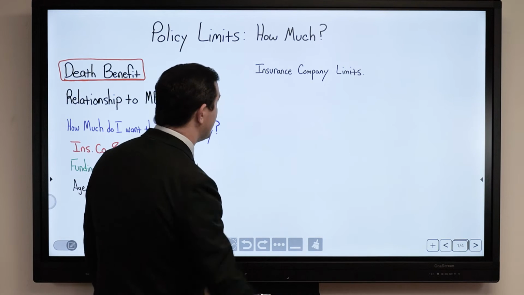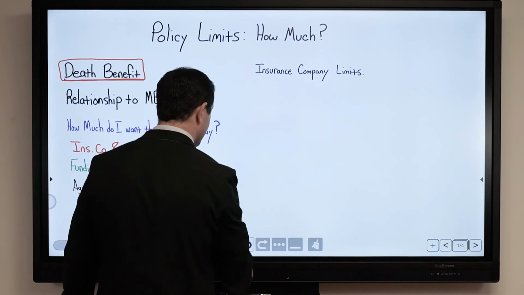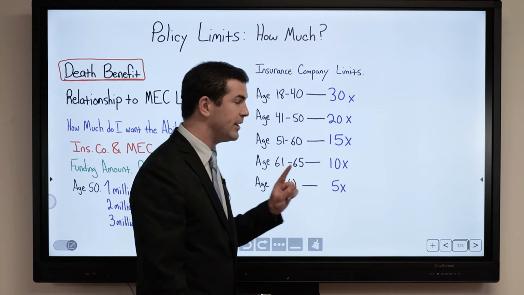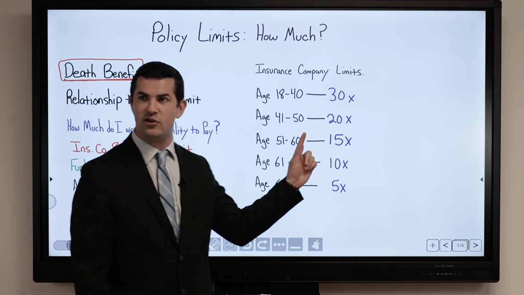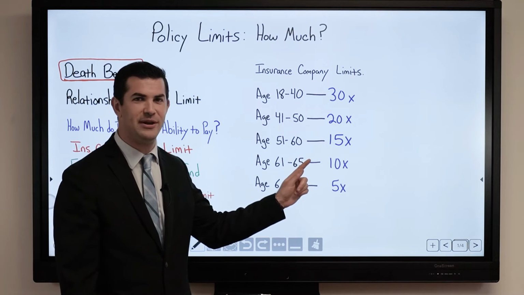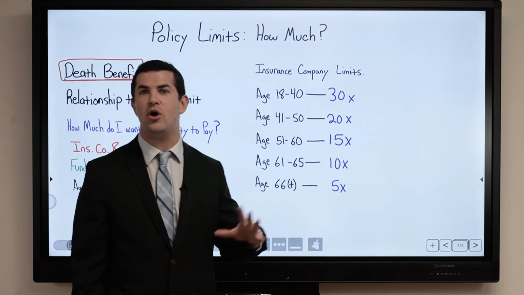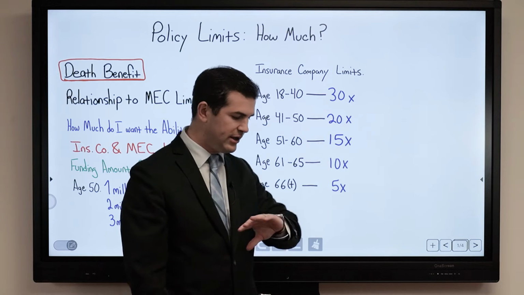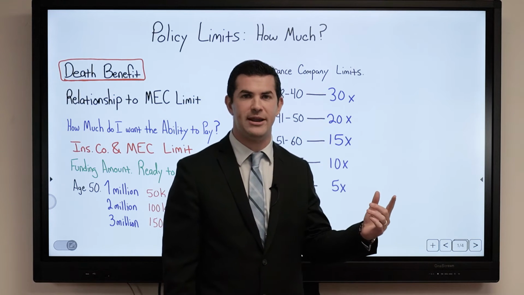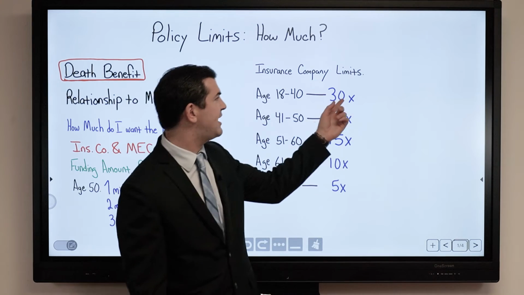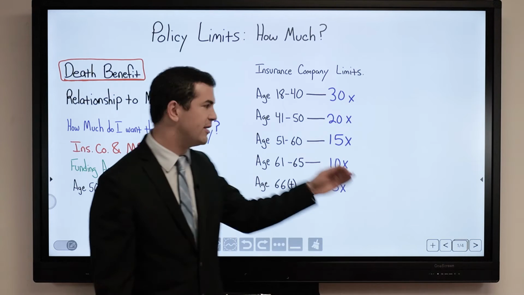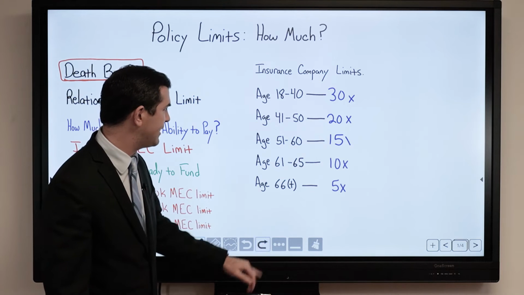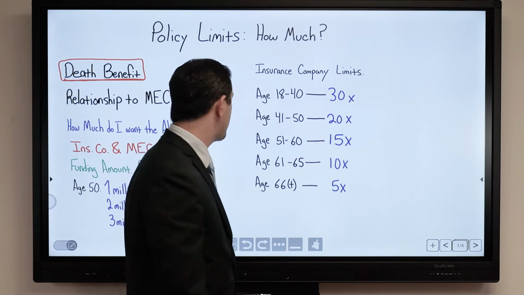What I've got to be aware of are the insurance company limits. So this is an example from one insurance company, and I would not take this to the bank and say all insurance companies abide by these limits, because they don't. You will find many companies have different income ratios, income limitations. Some companies have as high as a 35x multiplier and then break it up every 5 years. This is meant to be a general sample in that respect. But what it shows